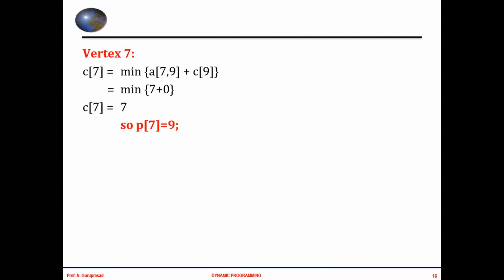Okay. The first step will always be very easy. Or I can say the first calculation part with respect to all the vertices of the n-1 stage, that is stage 4 here, where we have two vertices, 7 and 8. It will be very easy because most of the time there will be only one edge from each vertex of stage 4 going to the destination vertex which is at stage 5.